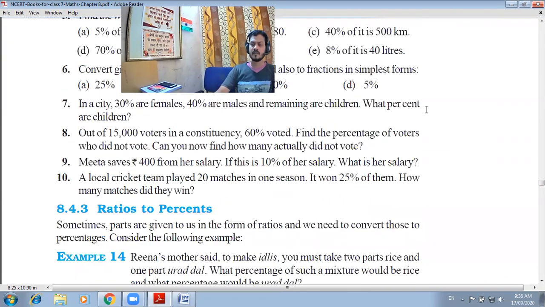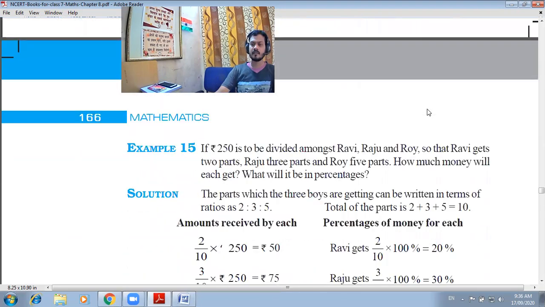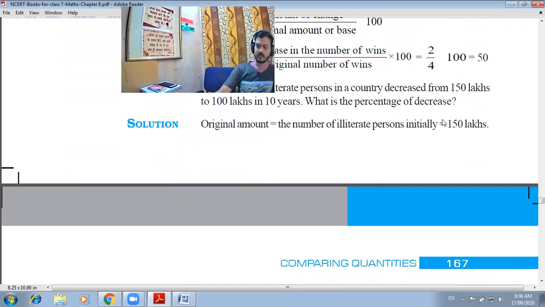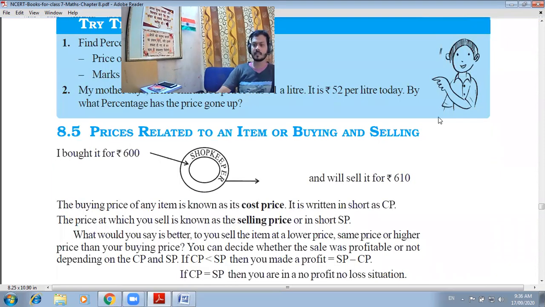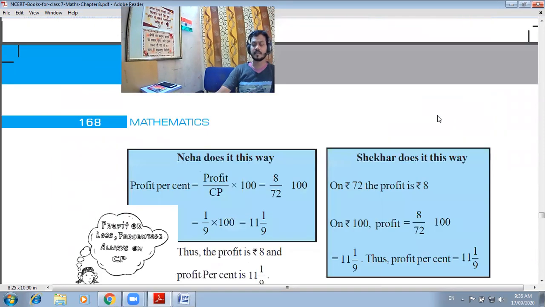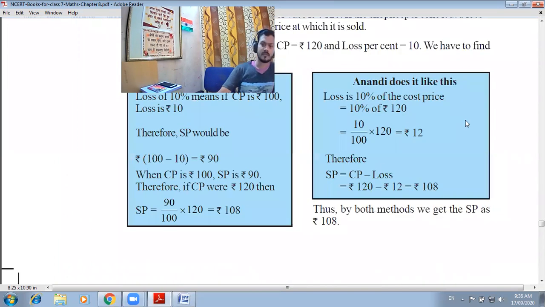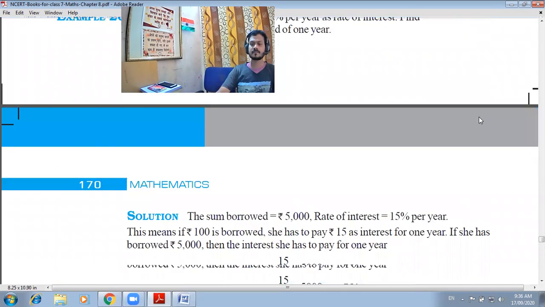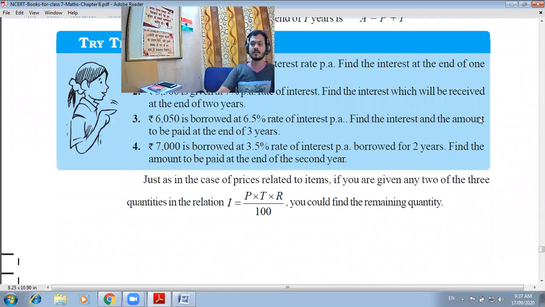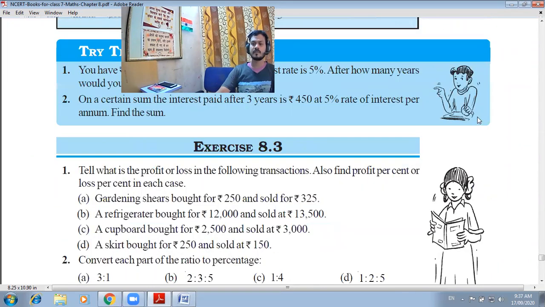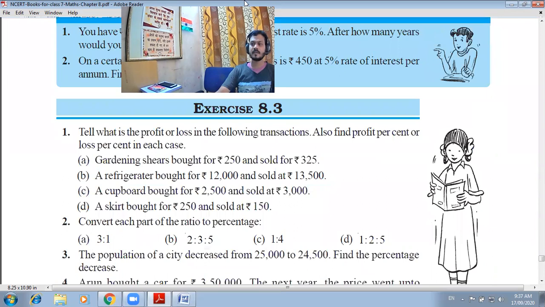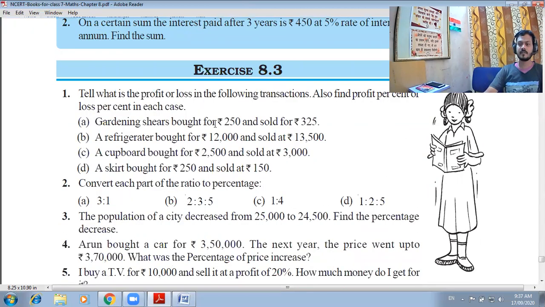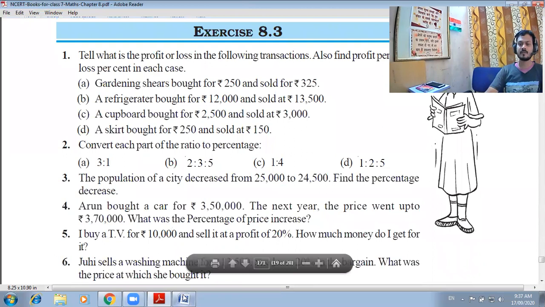Everyone knows how to write the formula and how to put the values in the given formula. And if we move further to the third or fourth one, calculate the percentage of increase or percentage of decrease. So try to solve question number 1 that is shown on the screen, one by one. Read what is given in the question, then move to how you can solve it.